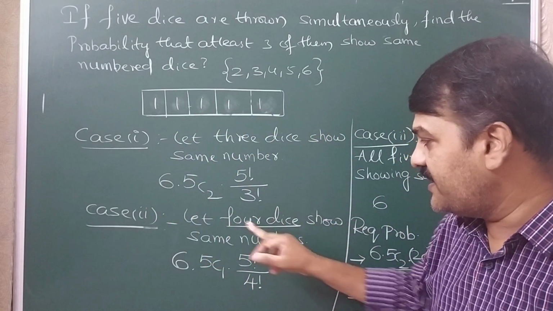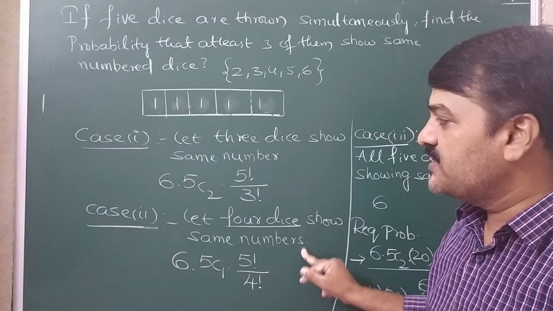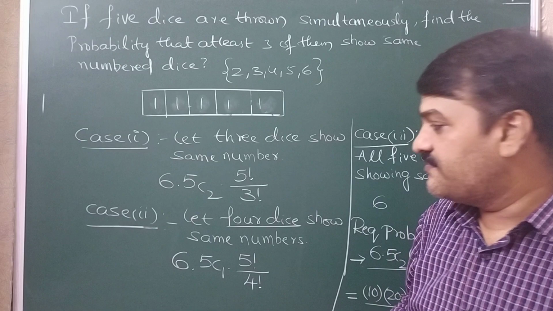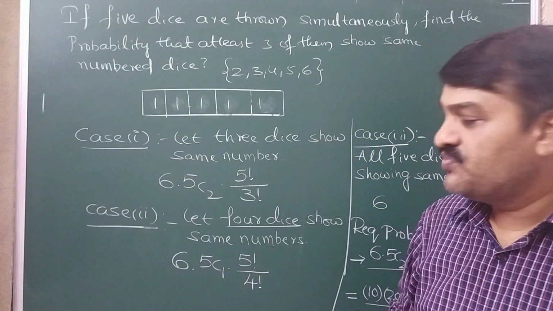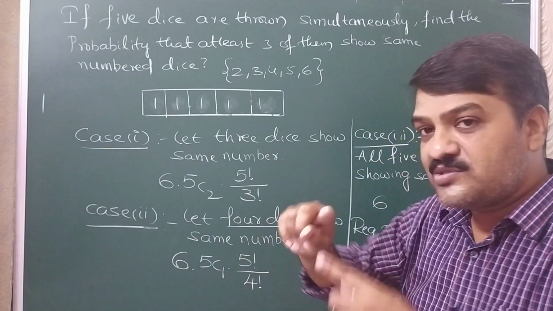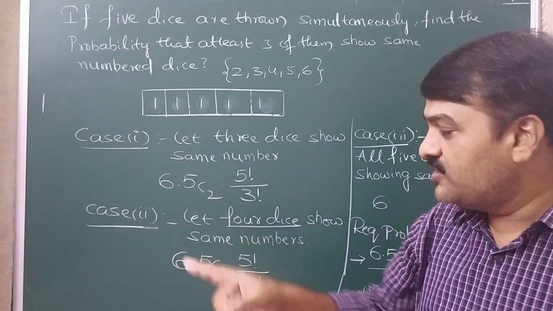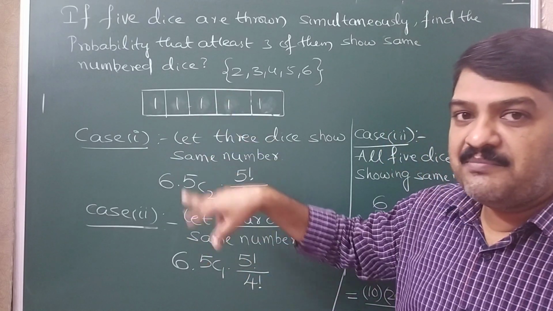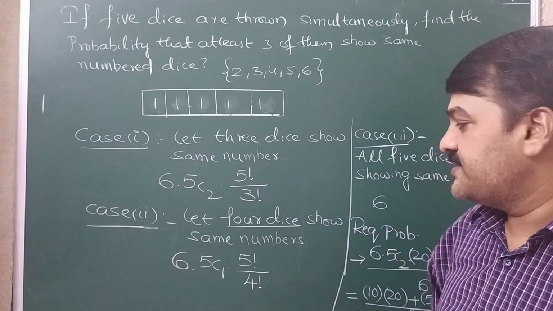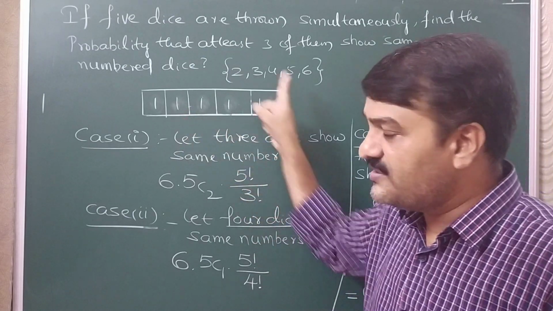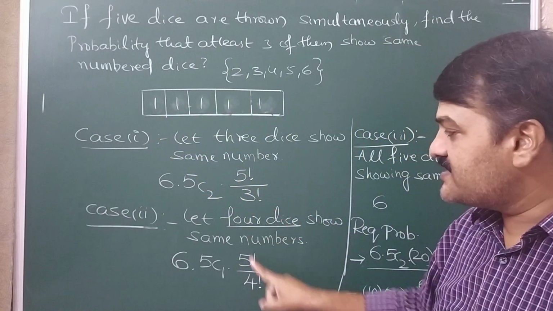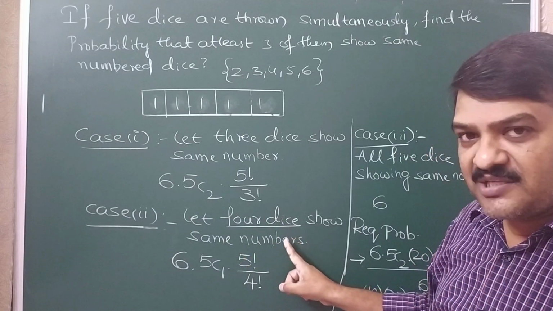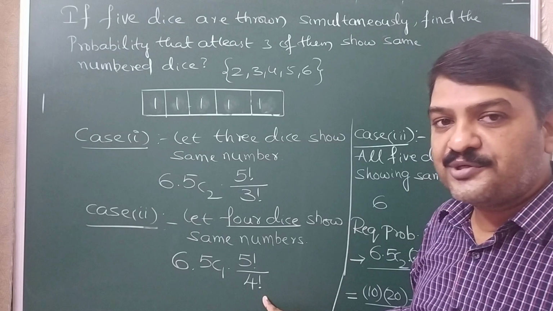So what is the second case? 4 dice showing the same number, means 4 dice showing 1s or 2s or 3s, like that. For that we have 6 possibilities. So 4 dice show the same number means 1 die must show a different number, no? For that you have 5 ways, and those can be arranged in different orders. So 5 factorial for arranging 5 numbers in which 4 are the same. Automatically we are writing here, see, 4 dice are showing the same number, so 4 of them are the same, no? So by 4 factorial I wrote.